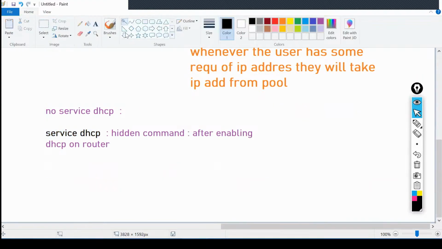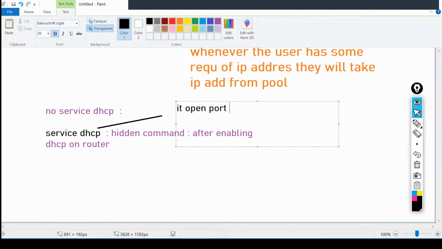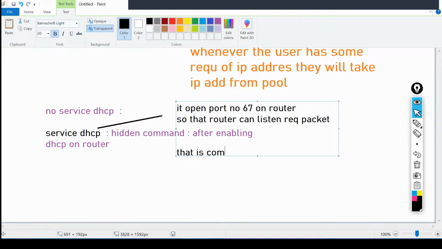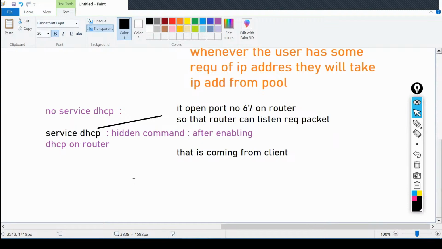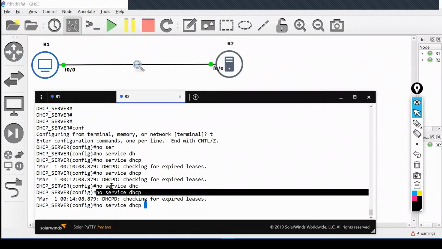And what is this command going to do? If I'm going to disable it, what happens? Will my DHCP work? No. I'll show you this. Don't worry about that. If I disable this, it will not work. So right now it is enabled over there. I'm not going to disable this, right?